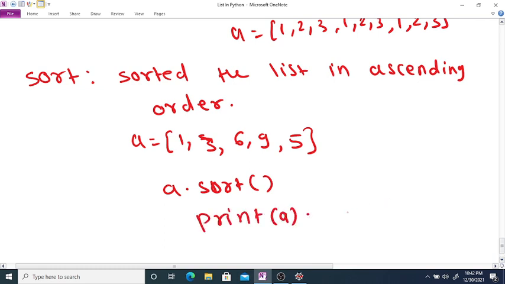then it prints the list sorted in ascending order, that is 1, then the next elements 3, 5, 6 and 9.